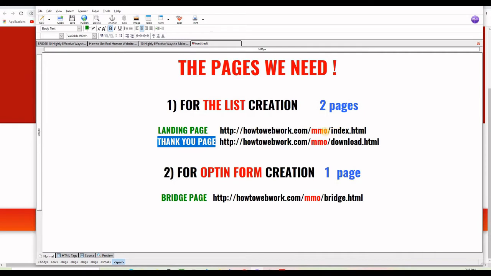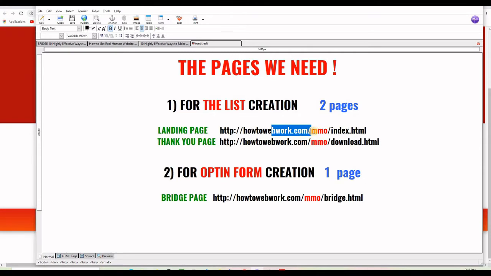So I already uploaded these pages here to my server. So this is the main website, and here is a subfolder that I created for this example. MMO stands for Make Money Online. This is the index file or the landing page that I just showed you before,